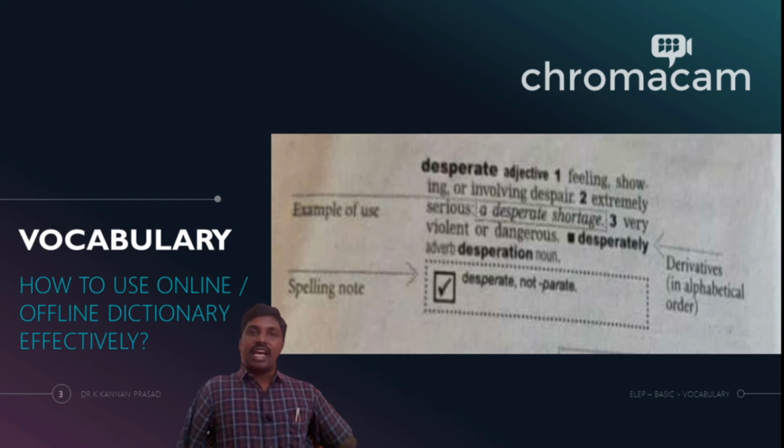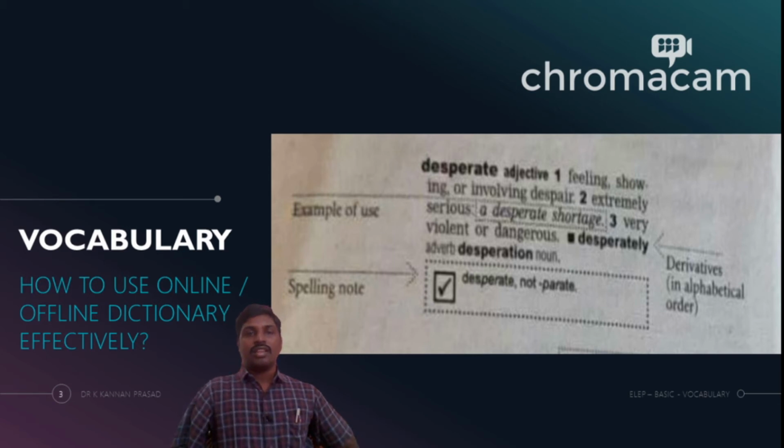In either case, they are called word families, because desperate is an adjective, but when you add an -ly and call it desperately, it becomes an adverb. When you add -ion to it, desperation, it becomes a noun. So that is how a dictionary works for you. Like I told you, it does not just give you the meaning of the words alone, it does more than that. So learning 10 words in a day would give you an adventurous and fun way of exploring and learning new words.